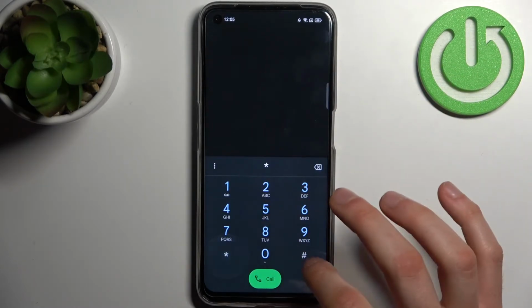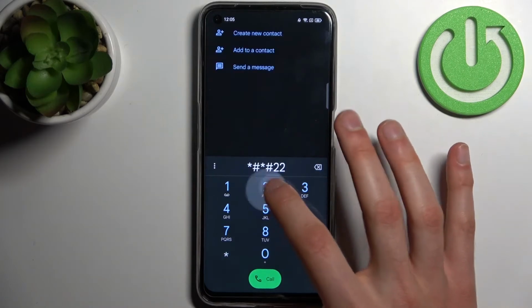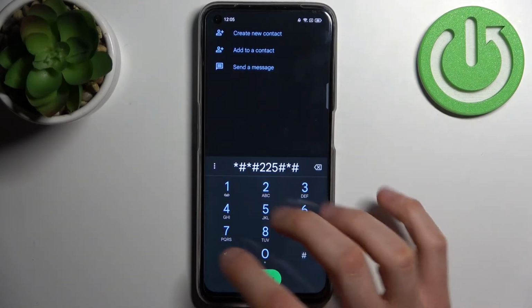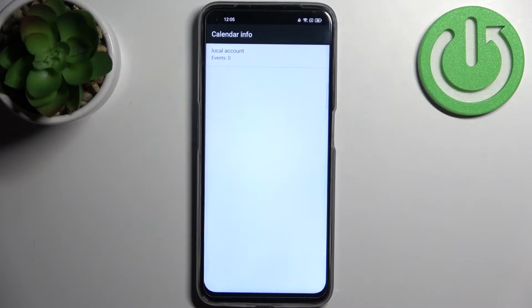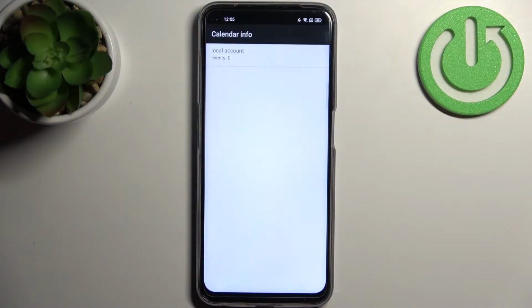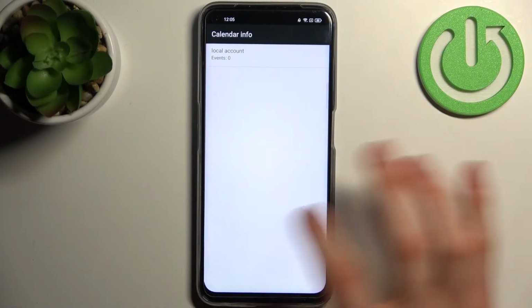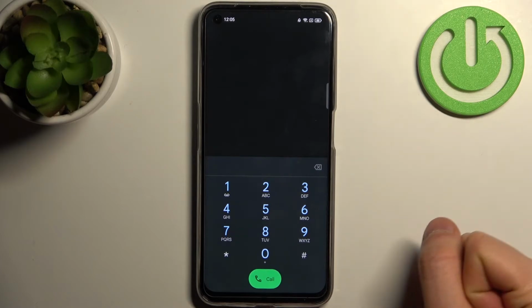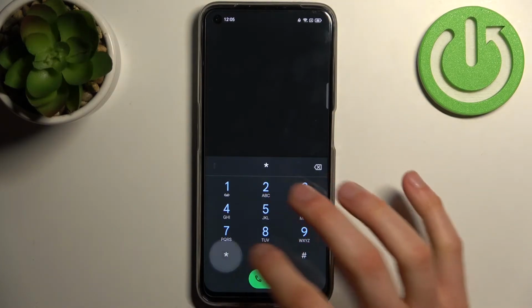The next code will be *225#, and this is the calendar info menu. So if you have any calendars added on your device, they will be displayed here. Could be useful. The next code will be